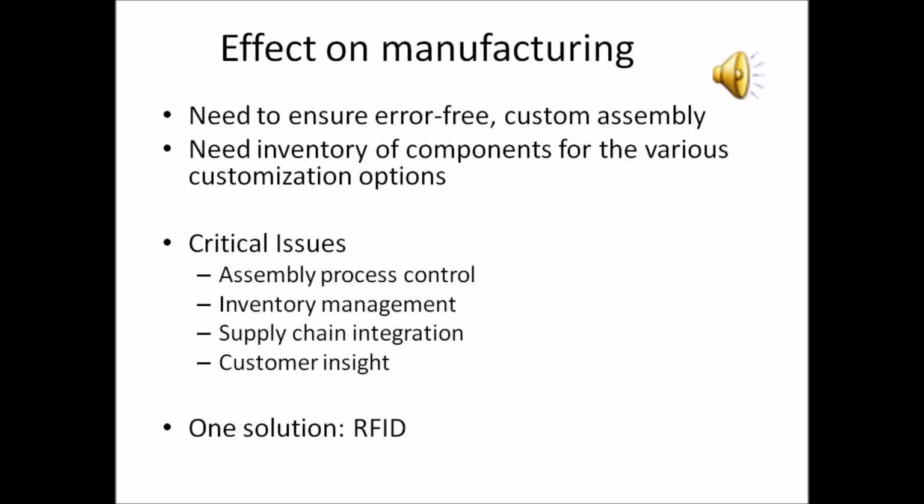So when we come across the manufacturing industry, that's the place where we'll need a lot of monitoring and error-free maintenance. So the best choice for this kind of requirement is RFID. The basic or critical issues which the manufacturing industry will encounter are listed here. The first one is assembly process control, then inventory management and supply chain integration. In all these places, the monitoring becomes very tough because of the volume of the items you're handling. So RFID would be the best solution.